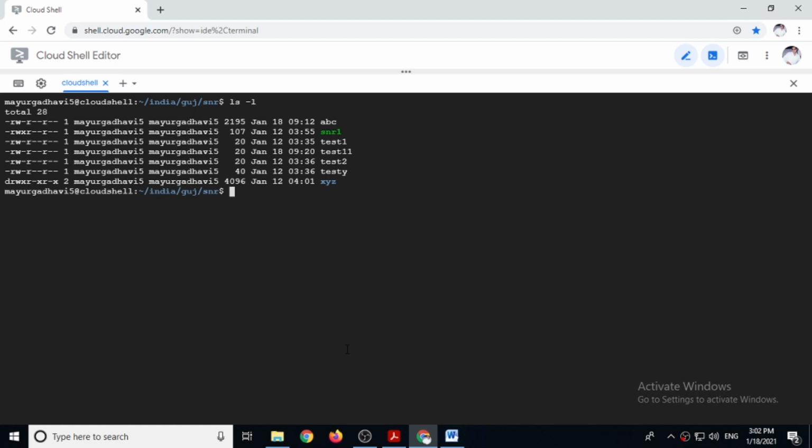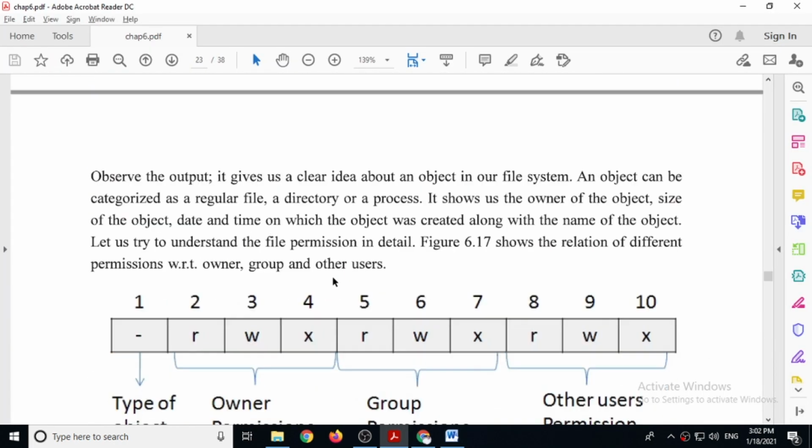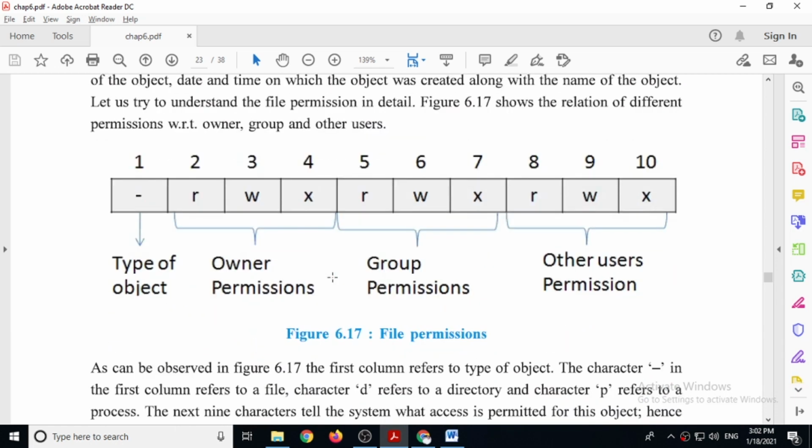Remember, the ls -l command shows permissions here. But if you want to change permission, then you can use the chmod command. So let's see the next command, that is chmod. Here you can see the output. The details are given here. The first character shows the type of object, whether it is a file or directory. If it is a file, it will show dash.